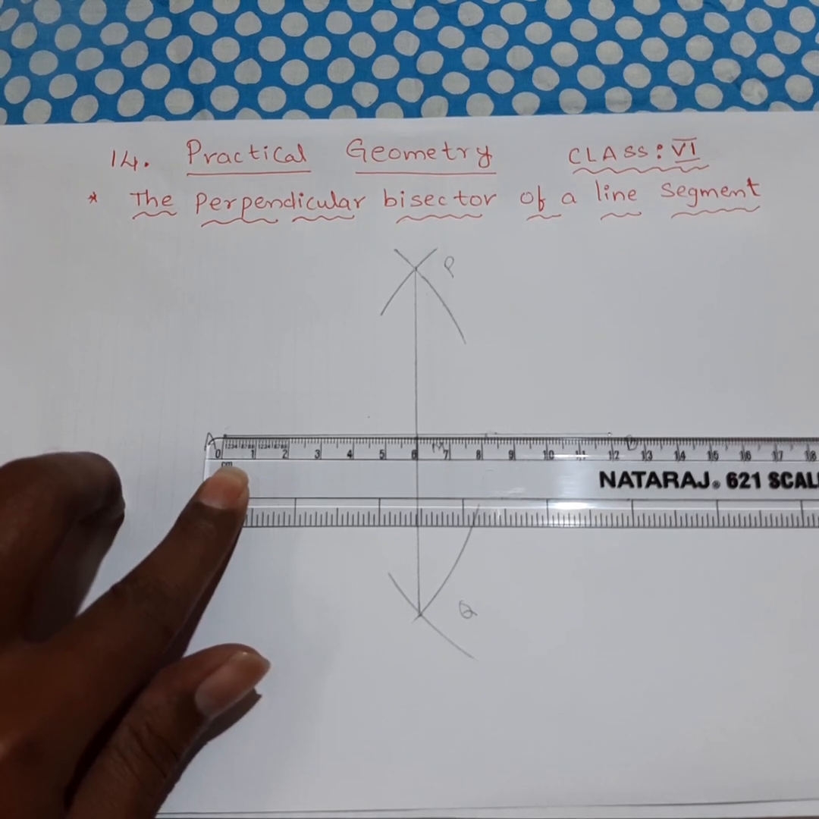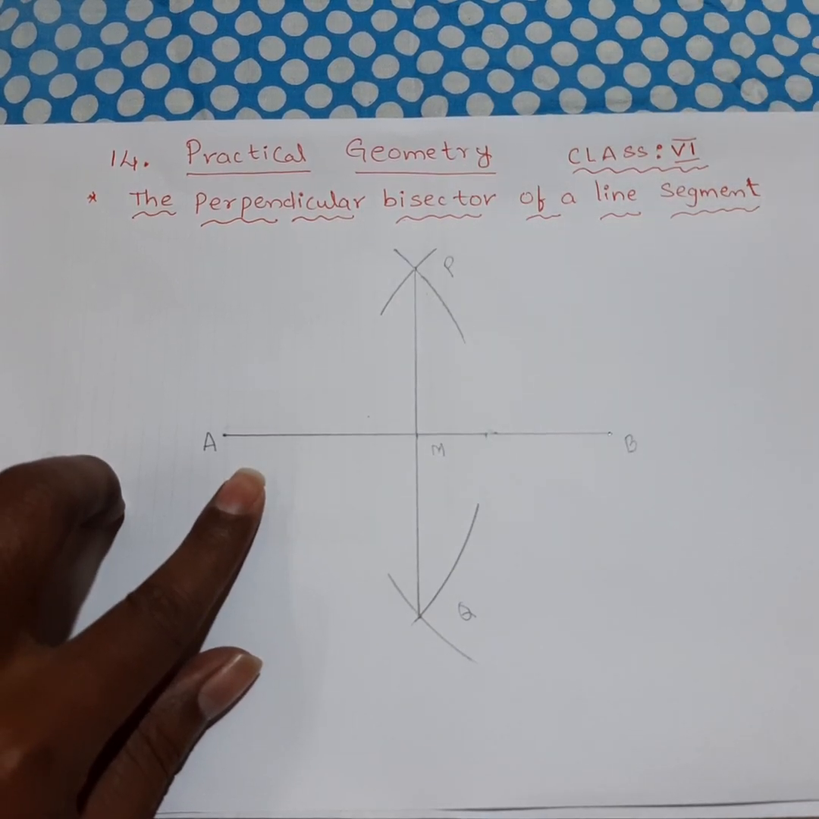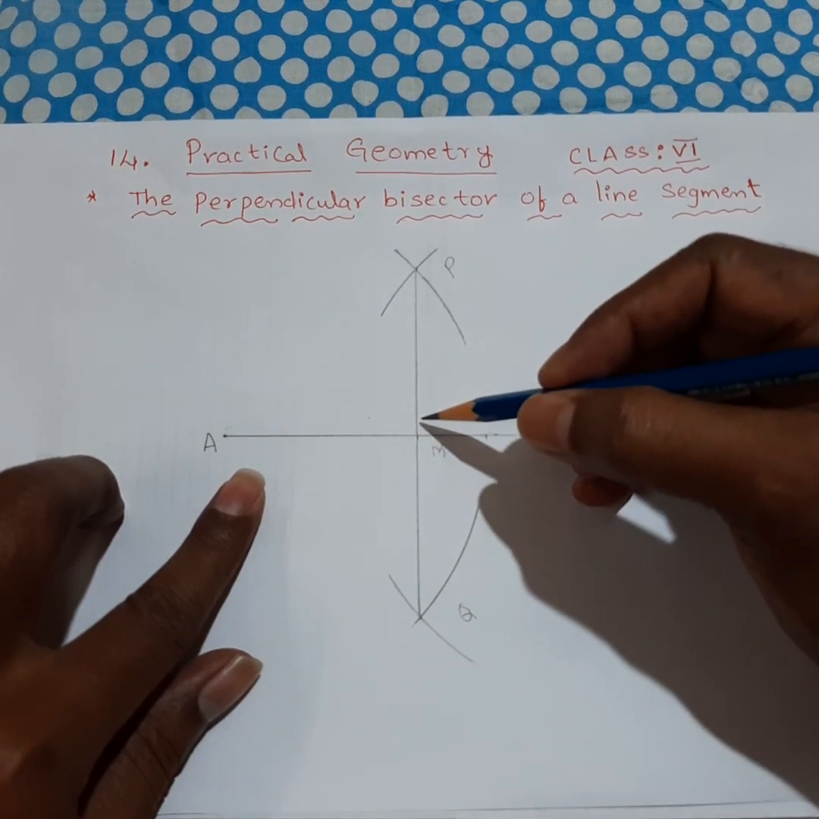So now, exactly at 6, the PQ line segment will intersect AB at 6 centimeters. That is, the length of AM is equal to 6 centimeters, and MB is also 6 centimeters. This is exactly a perpendicular bisector. So now, to know whether PQ and AB are perpendicular or not, we need to measure this